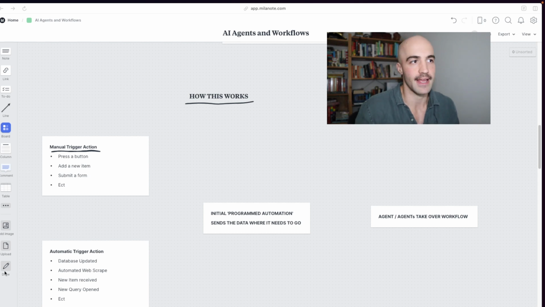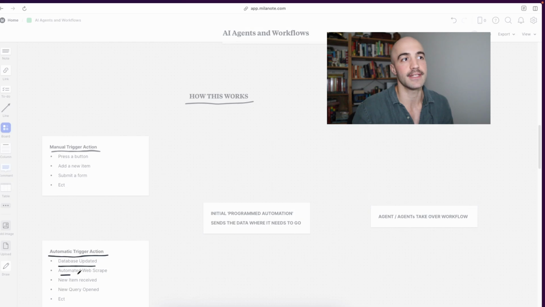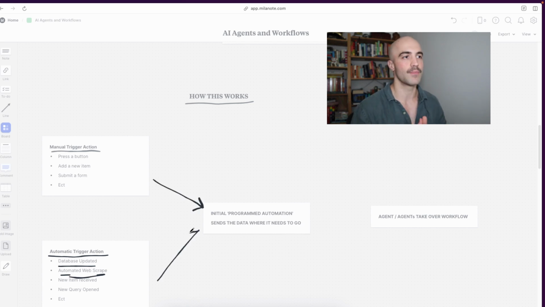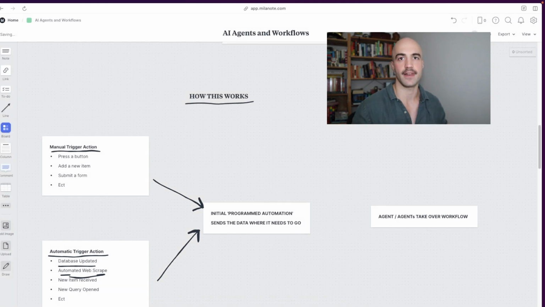Or you've got automatic actions. So a database is updated, that triggers a workflow. An automated web scrape, that triggers a workflow. New item received, workflow. Query opened, etc. So automatic will be like, okay, cool, it's always monitoring it. It's always monitoring, and if there's a change, it'll take action. And a manual is like, okay, cool, I press a button or I initiate something, and then the automation will